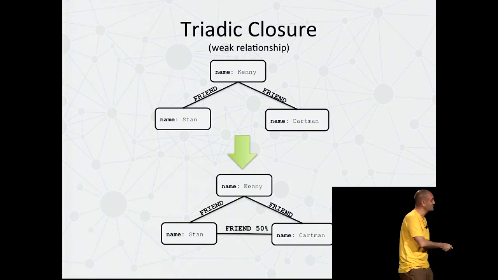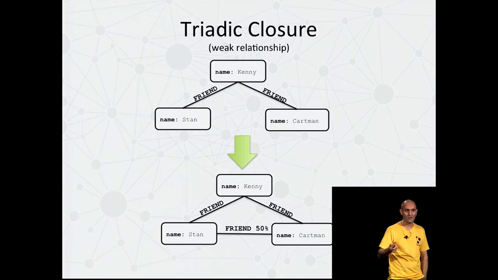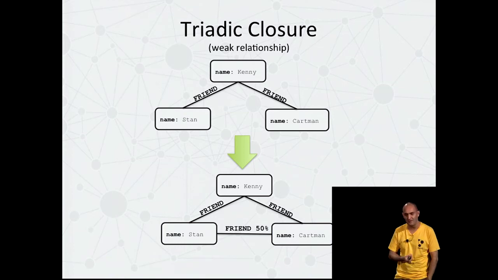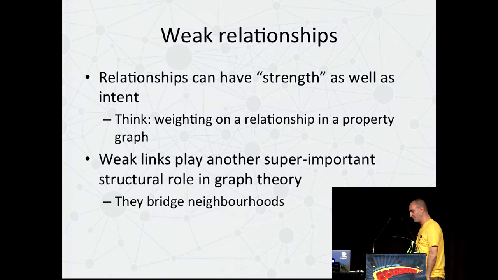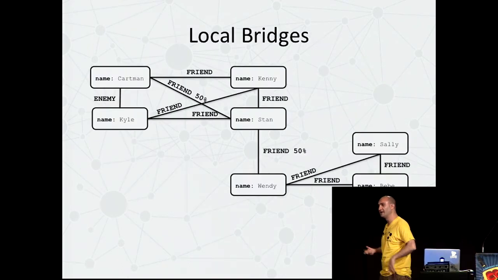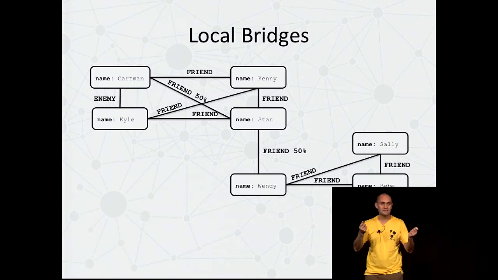So we can create a triadic closure like this, where we have Kenny, who's a friend of Stan and a friend of Cartman, because Kenny's quite a friendly guy, right? I mean, he's a poor kid. Poor kids need all the mates they can get. And so Kenny likes these guys both, but Stan and Cartman are kind of meh about each other. I mean, they're mates, but they're not good mates. They're kind of a weak link between them. And it turns out that this weak relationship property, the weak triadic closure property, is useful because it leads us to bridges in the network. It leads us to be able to discover connectivity between mostly separate communities.